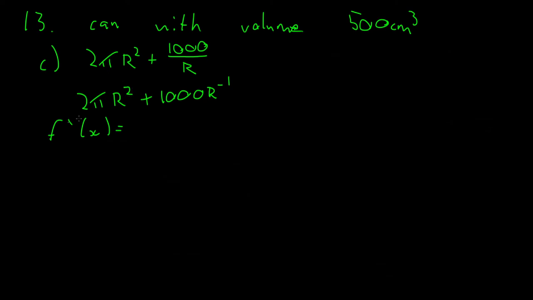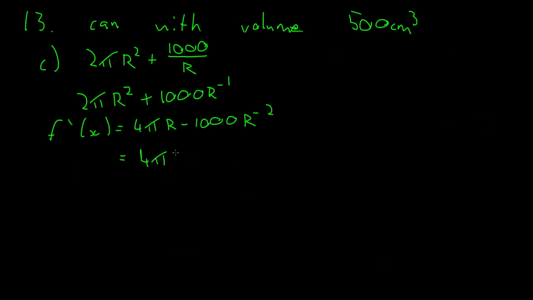So the 2 times 2 is 4 pi r, and minus 1 times plus 1000 is minus 1000 r to the power of minus 2,